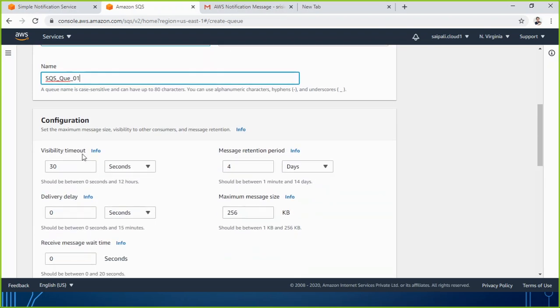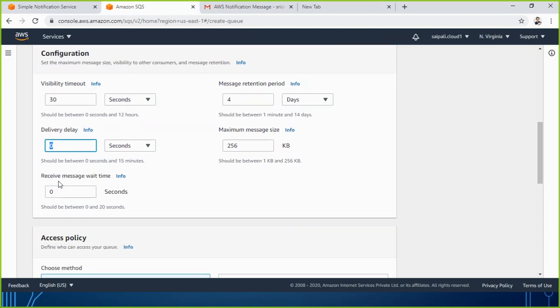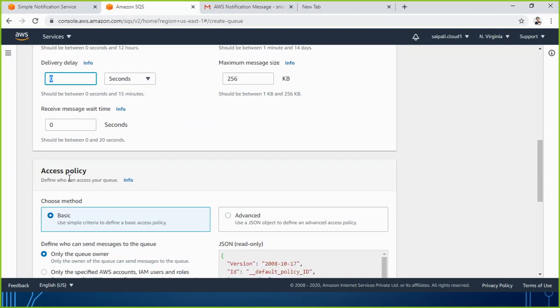Here is the visibility timeout, delivery delay. If you want to set that your message or queue should have some delay, you can set it here. Maximum message size, how big you want it to be. Message retention period, how many days you want. Receive message wait time, how many seconds you want to set. All those you can set here, as well as the access policy you can define.